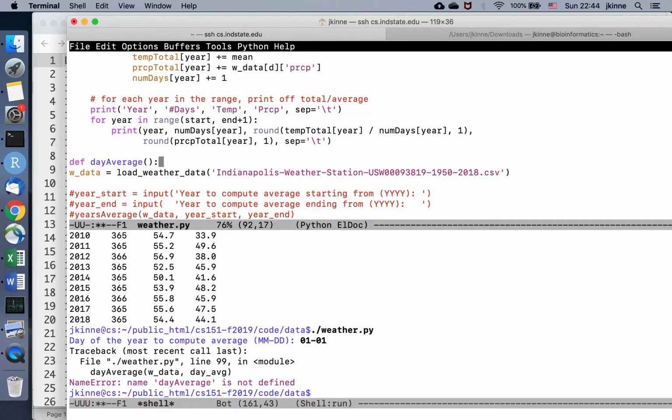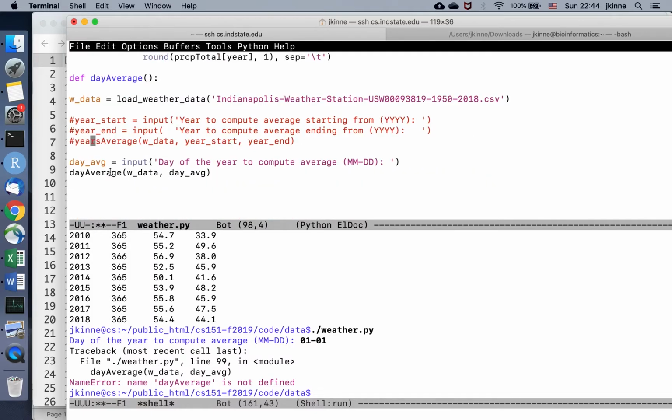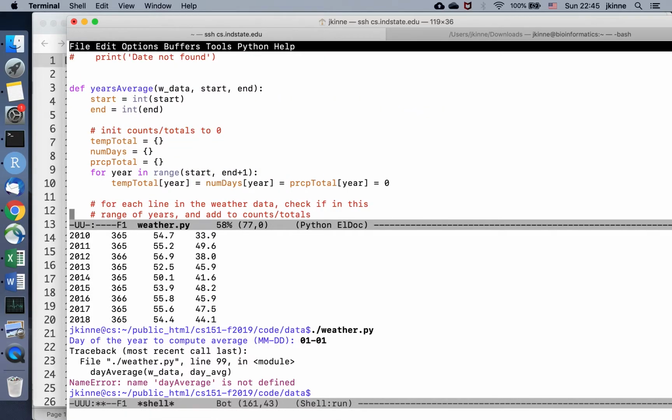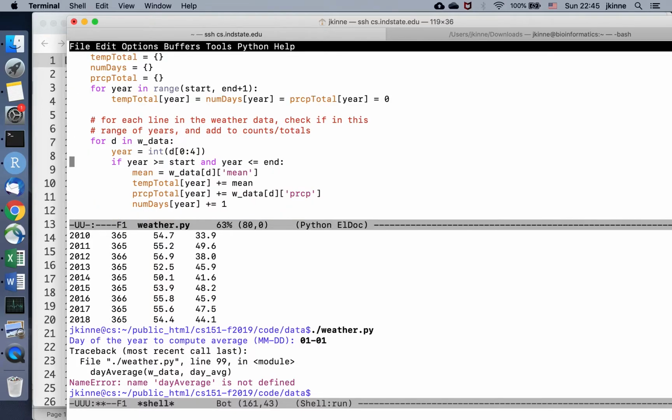So question for you. I'm calling day average like this. So how do I have to declare it up here? I need to take two parameters. One is the dictionary with all of the data, and this is my date string. So I can call it whatever I want here. I'll call it date string. Okay, and my overall structure is going to be similar to this year's average, where at some point I'm going